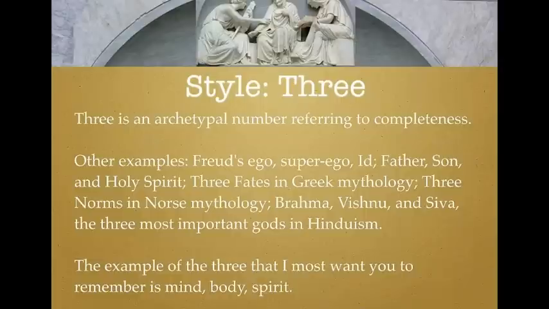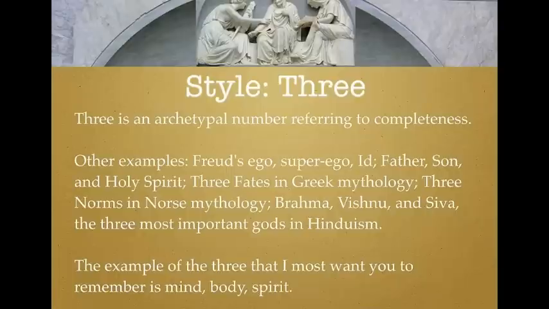We have in Greek mythology the idea that fate is divided up into 3 old ladies, and exactly the same 3 old lady types are found in Norse mythology as the norns. In Hinduism, which is the religion we're really talking about here, we have 3 main gods. Now, Hinduism has 33 million gods. 33 million. Wow. But there are 3 main ones. That is 3 gods that almost everybody worships. And that's Brahma, Vishnu, and Shiva. And these are the 3 most important gods.